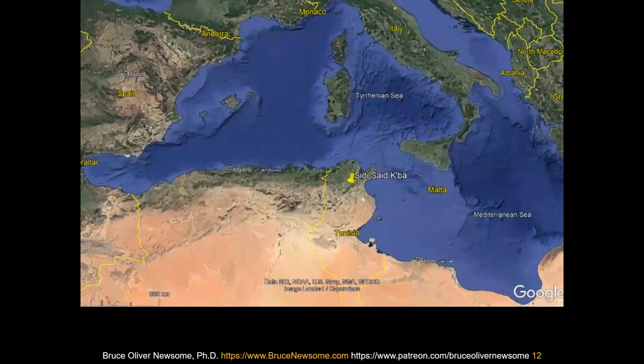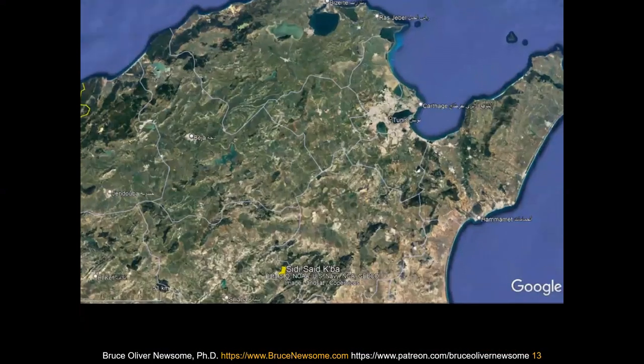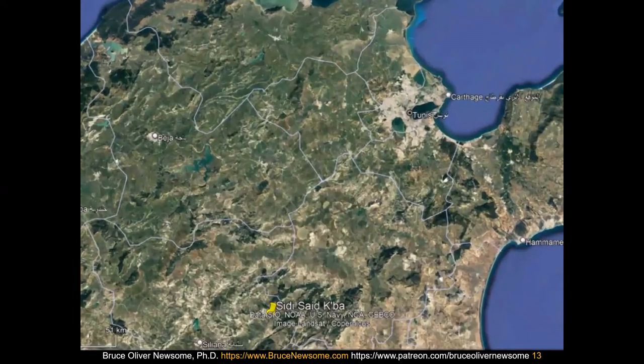Right, so let's look at the area where this battle is going to take place. The battle is known in most of the war diaries as Sidi Said Kabar, and as you'll see, that's not quite where the battle happens anyway. So we're in Tunisia, northern Tunisia. Let's have another look at this area. There is the same place, Sidi Said Kabar,